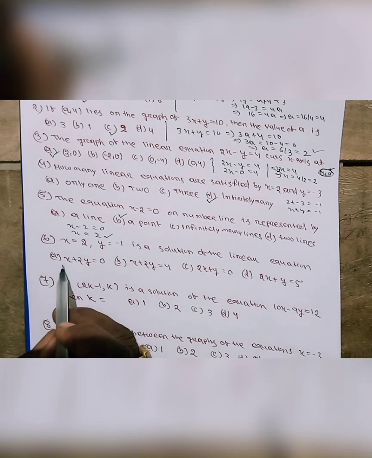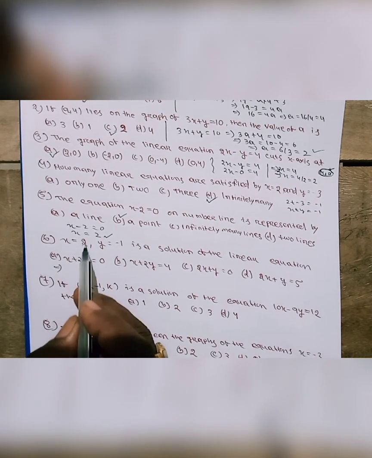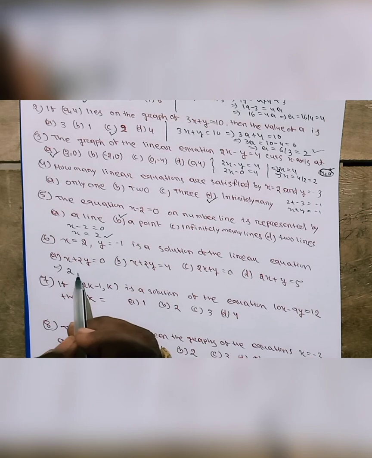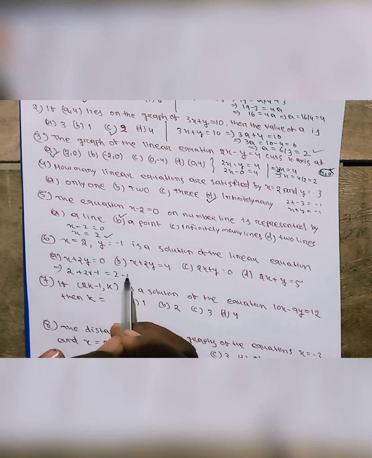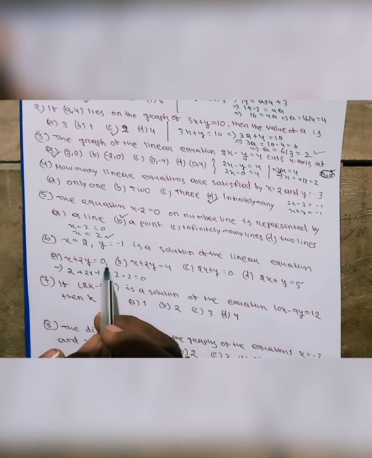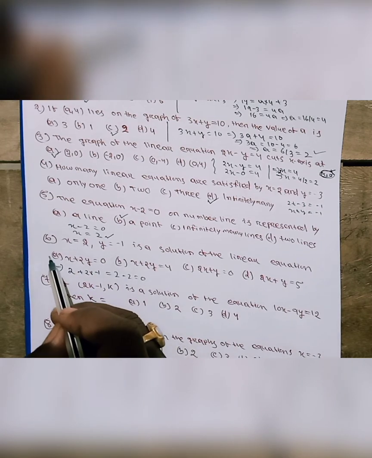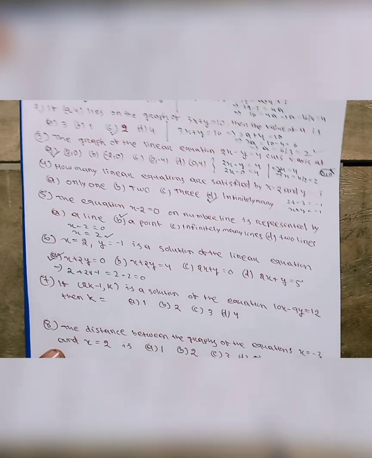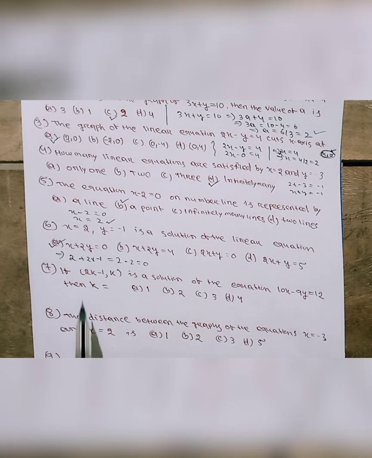So try A. Given x + 2y = 0. Put the value of x as 2 here and the value of y as minus 1, 2 into minus 1. So equal to 2 minus 2 = 0. So left side 0, right side 0. It satisfies the equation. So option A is right. Finish.